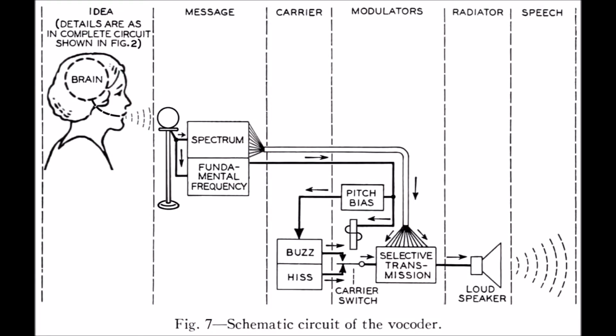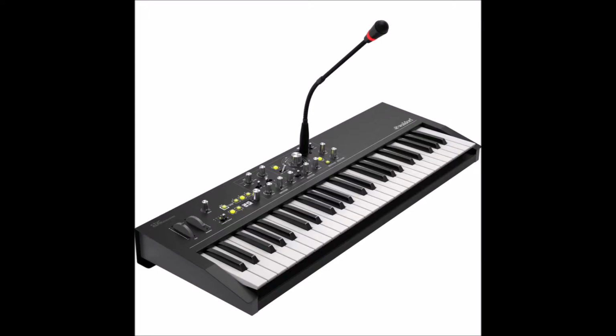The advantage of this method of encryption is that none of the original signal is sent, only envelopes of the bandpass filters. The receiving unit needs to be set up in the same filter configuration to resynthesize a version of the original signal spectrum. The vocoder has also been used extensively as an electronic musical instrument. The decoder portion of the vocoder, called a voder, can be used independently for speech synthesis. Well, that was a little bit technical.